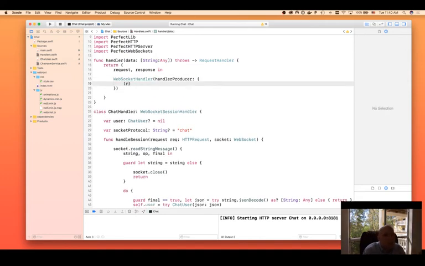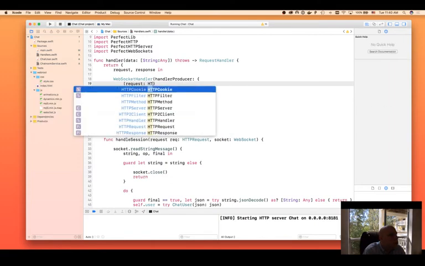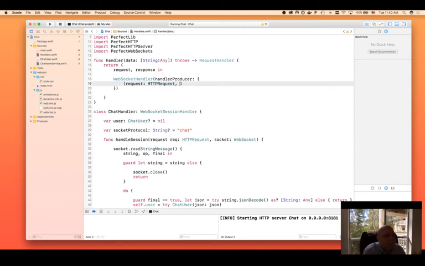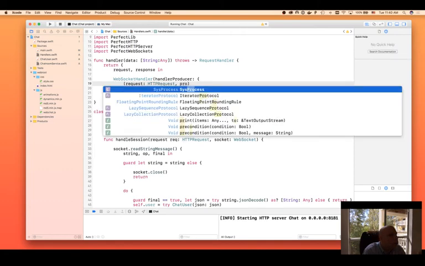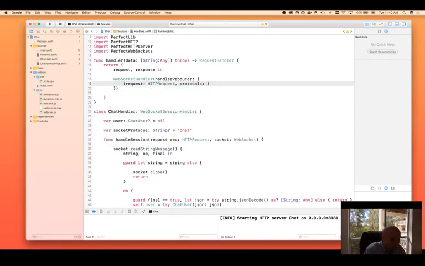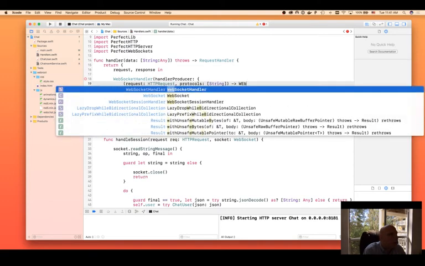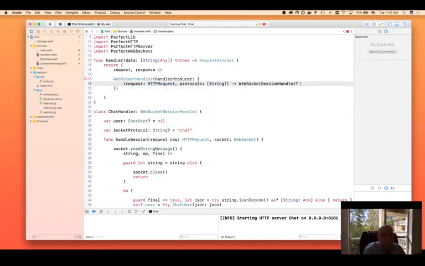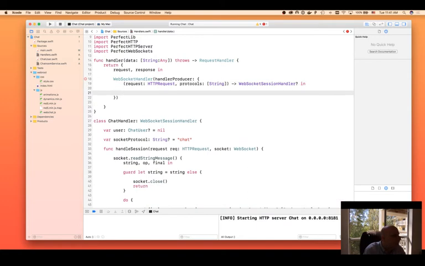What that needs is a request, which is an HTTP request, and that needs protocols, which is just an array of strings that we get to see what the protocols are, and that's just going to return a WebSocket session handler, which is optional, in the code that we're actually going to write, which would be